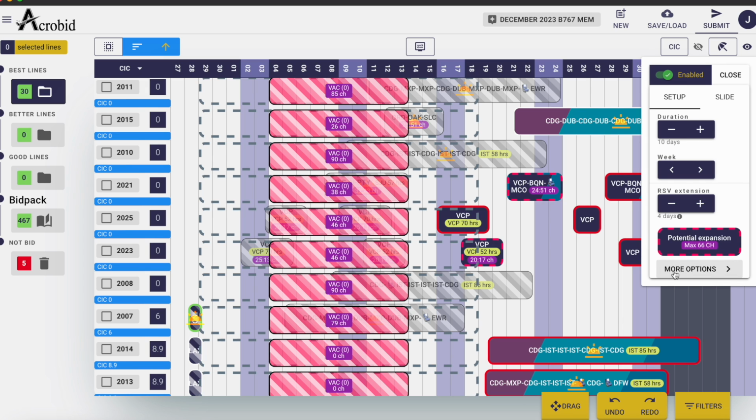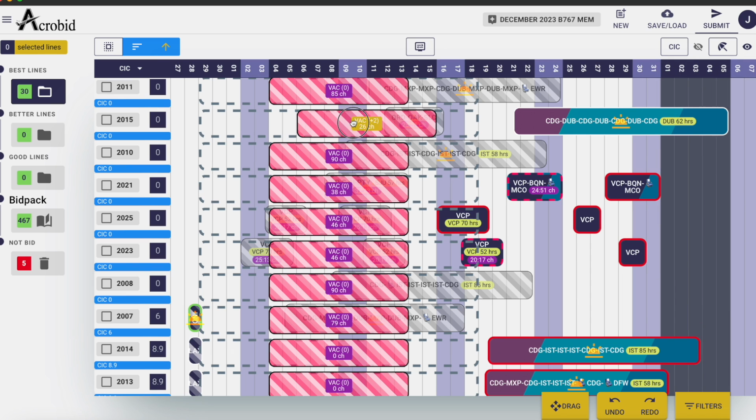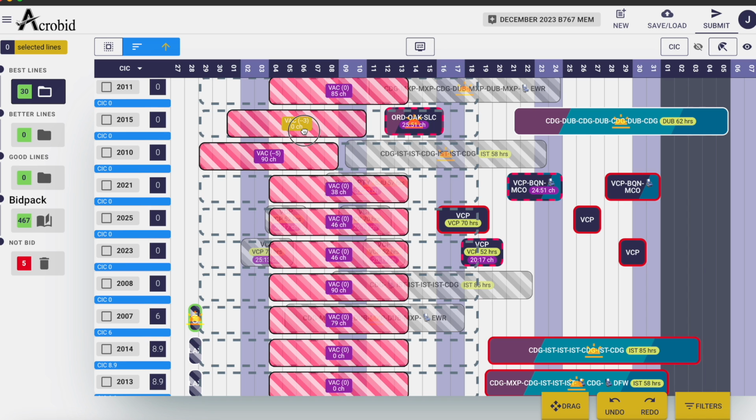And I have more options here by either clicking this or clicking the slide at the top. So one of the features of vacation is we can slide our vacation to the right or the left. So I can do that on individual lines by just clicking or touching and dragging wherever I need it to go. And it's going to show me with that slide which pairings are knocked out, which ones are not, and the credit hour value